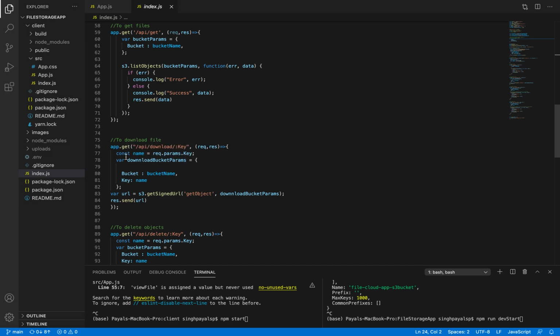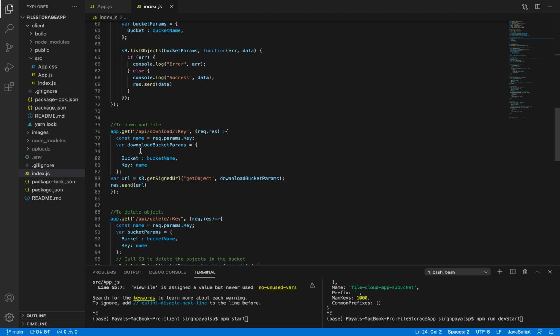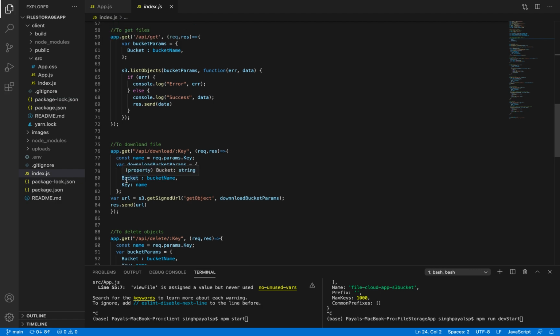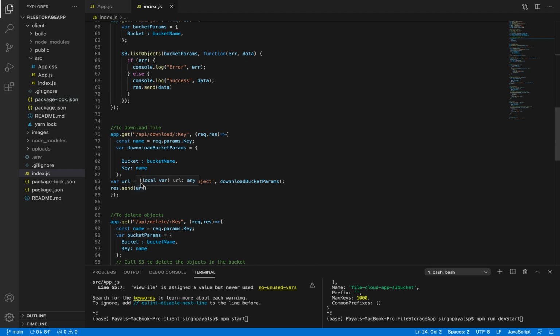Now this method will again have, as I told you, download parameters that may be different from the upload parameters. For download parameters, we need the bucket name and the key. Using that, we will use s3.getSignedUrl. So getSignedUrl is basically like performing an aws lambda function.